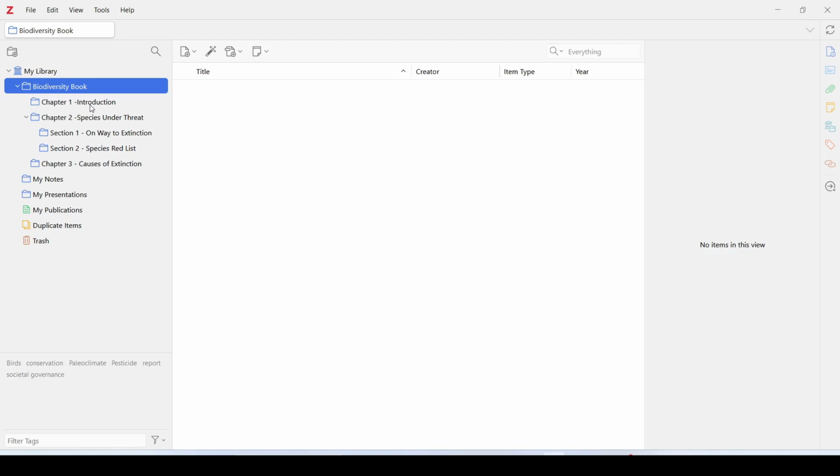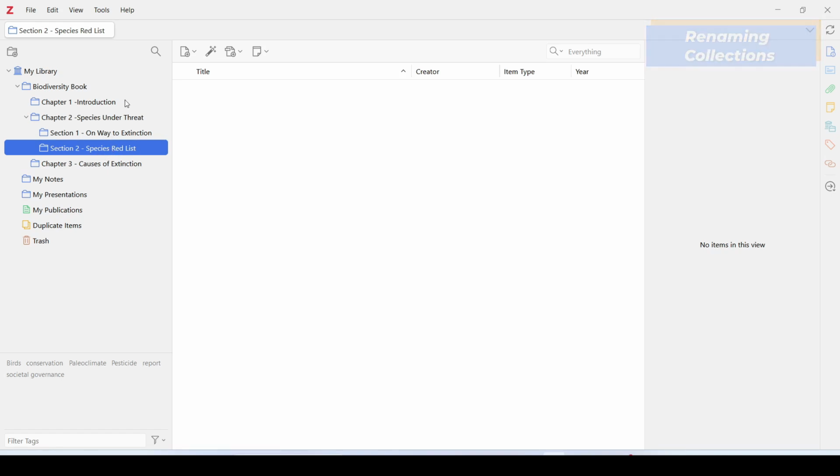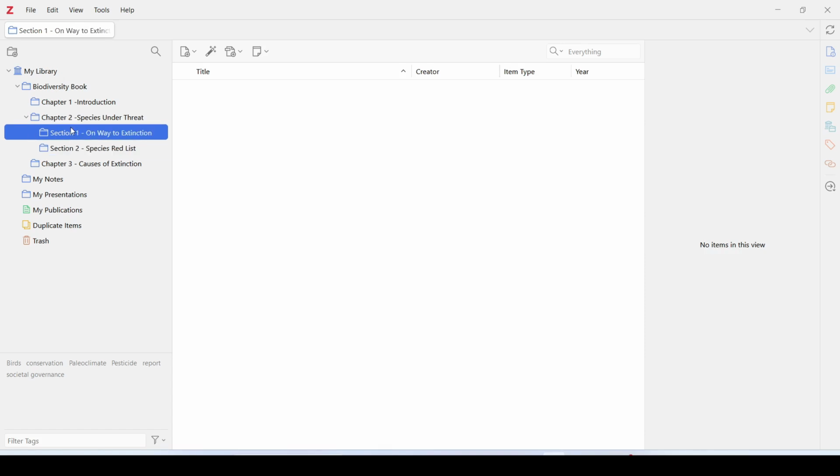If you're not happy with the name of a collection, or if you have made some mistake here, just go to that collection, right-click and choose Rename Collection, or otherwise just double-click on it and make the changes that you want, and then click elsewhere, and the changes will then be displayed. So you can easily rename collections that you have created. So once we have our collection structure ready, we can move on to my library and start bringing items inside